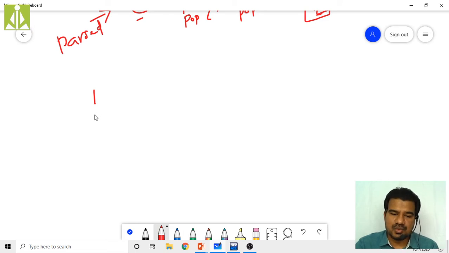Then writing 2, this is another action. This will also be stored on the stack. Writing 3, this is another action. So all these actions, writing 1, 2, 3, 4. First I wrote this, then this, then this, then this, then I wrote 5. So all these operations got pushed onto the stack. First this action got pushed onto the stack, then 2, then 3, then 4, then 5, like this.